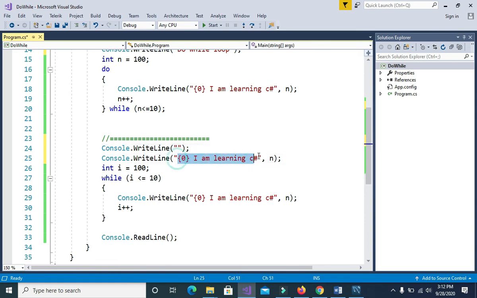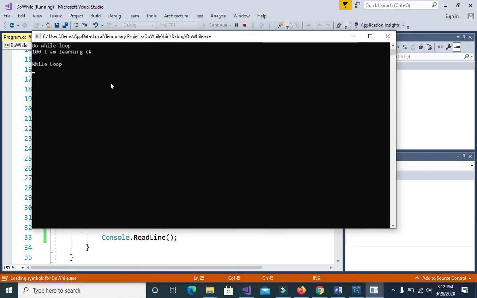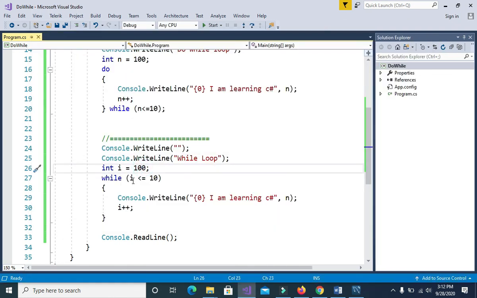And then we will write here while. Let's try. For do while, we were able to hit at least once the code inside the block of our do while loop. But for while, we were not able to hit the code inside the while loop block, because i is 100 and i is not less than 10. 100 is not less than 10.